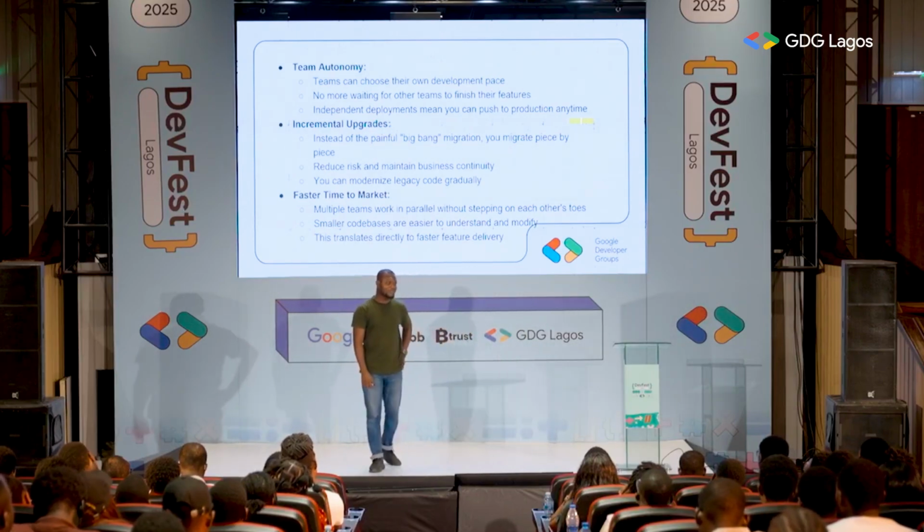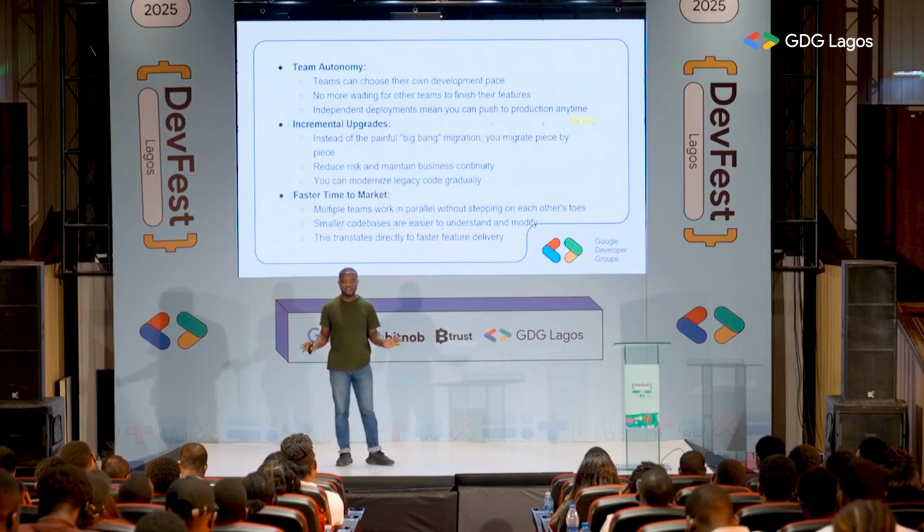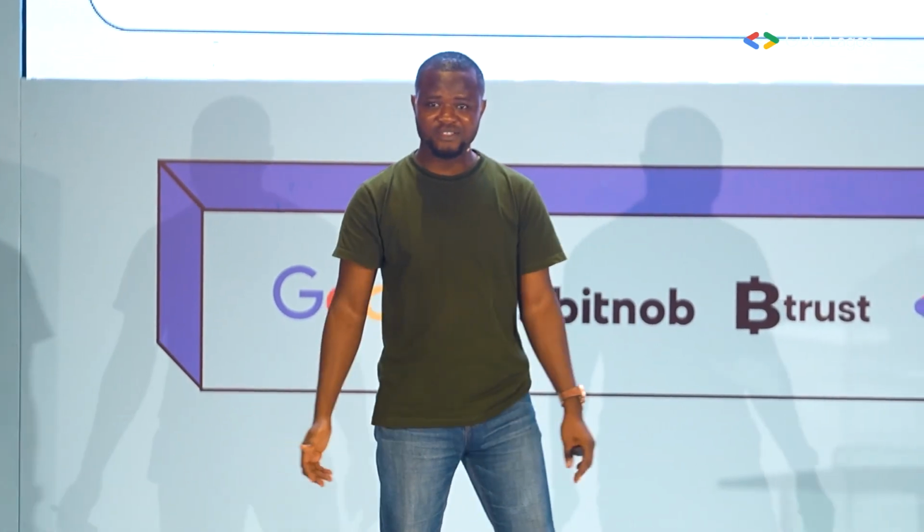In fact, within my team at the moment, there's an application that everybody runs away from. Forget you're a senior or you have oil on your head, everybody runs away from that application. Why? Because it's legacy code and it's very, very difficult to make any change. So you have to be very careful. Before you move from step A to step B, you have to watch your back, watch your left, watch everything. Okay, hope I've not broken anything.